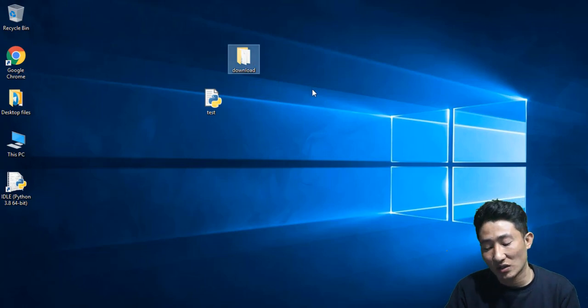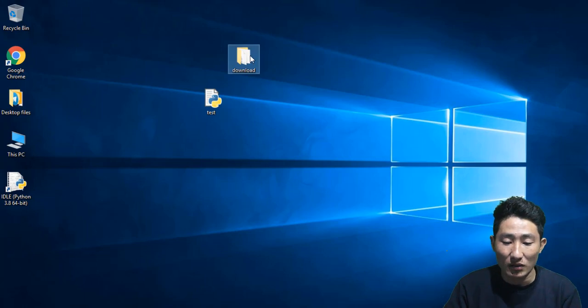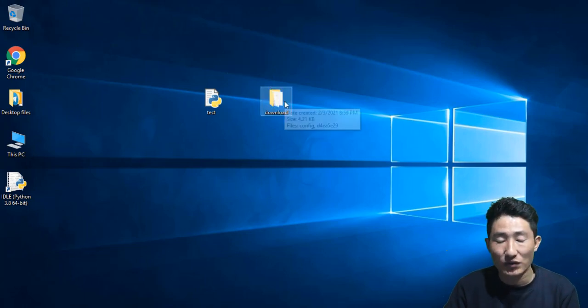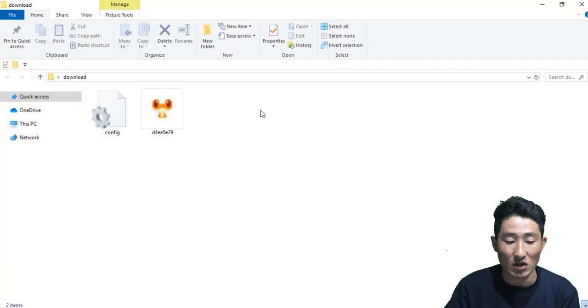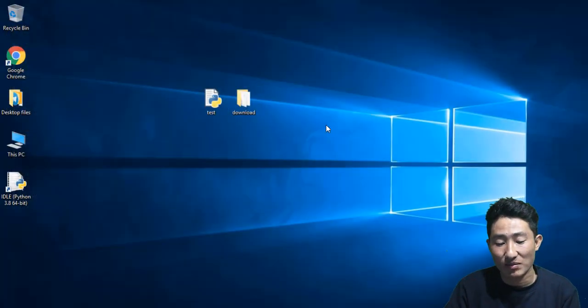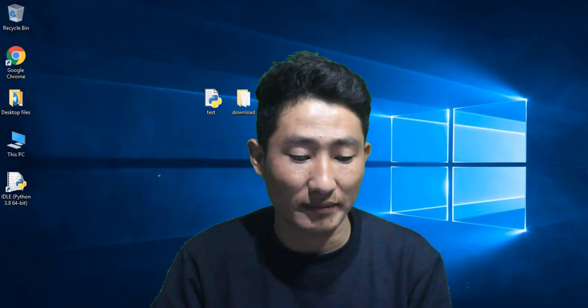So make sure that when you run your Pyleap program for the first time, you connect your PC to the network, and then make sure that you see this download folder in the same directory where you have saved your program. So that's all for this, and I hope